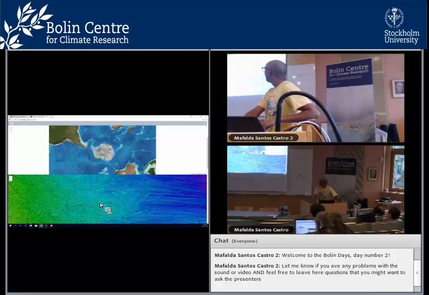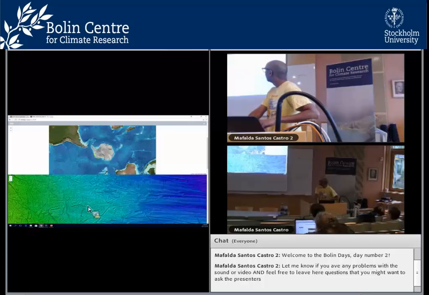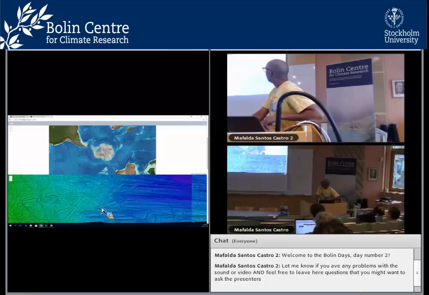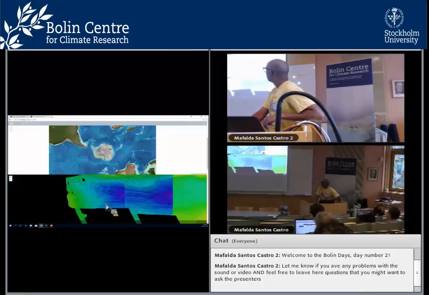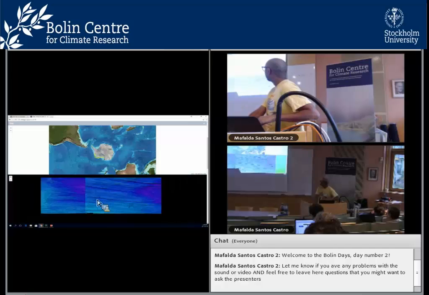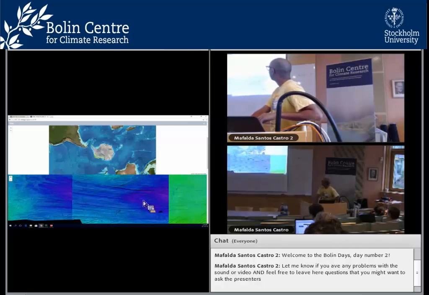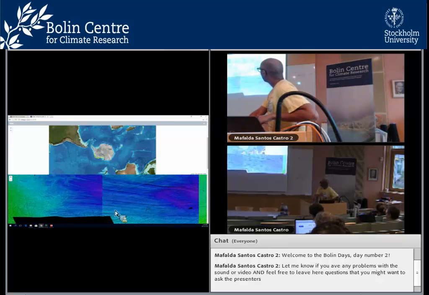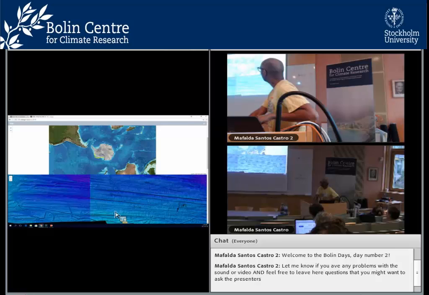I have been told that these are so-called iceberg scours, and the interesting part here is I'm not a geologist. I have just been told that this is called mega scale glacial lineations, and you can also see very interesting features here called